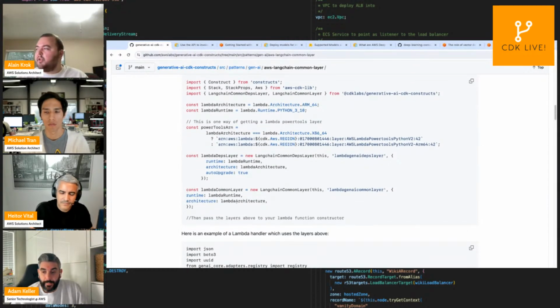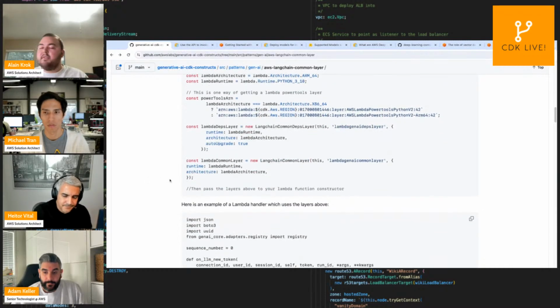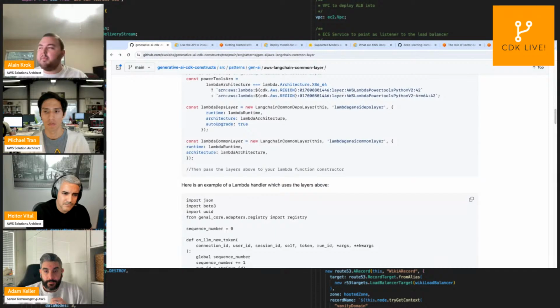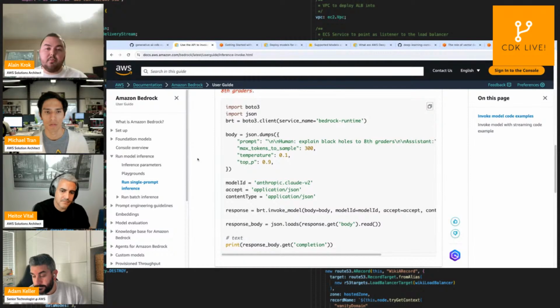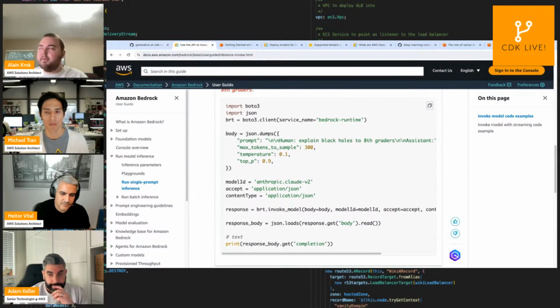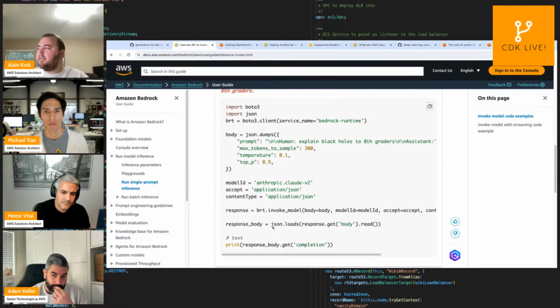Another one that we have here is a common layer that contains some Python helpers we use when building an application. For instance, if you look at making an API call to Bedrock using Boto3, you can see here that you need to specify the request format that you will send to the model.